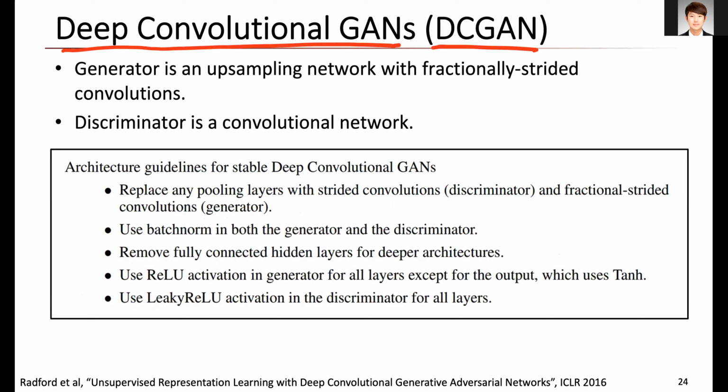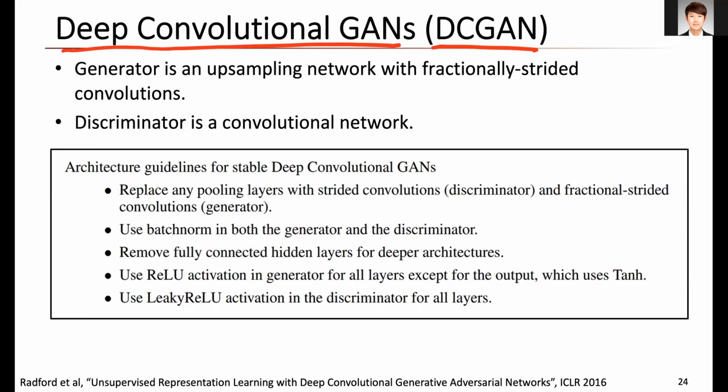Even though the first GAN paper was published in 2014 at NeurIPS, right? Theoretically GAN was beautiful and it is possible to generate any kind of images, but